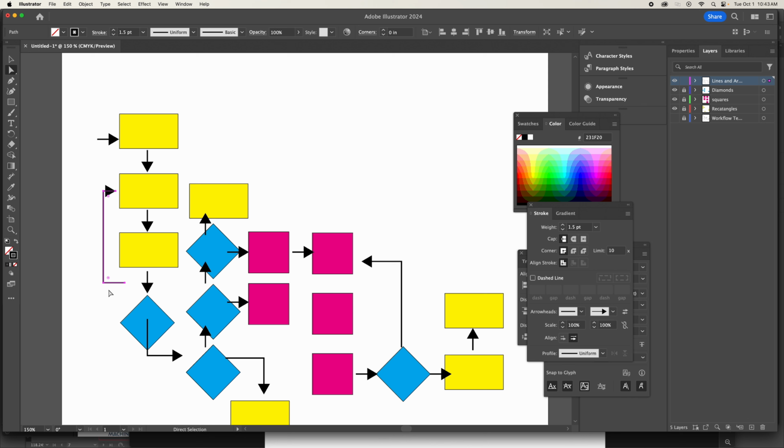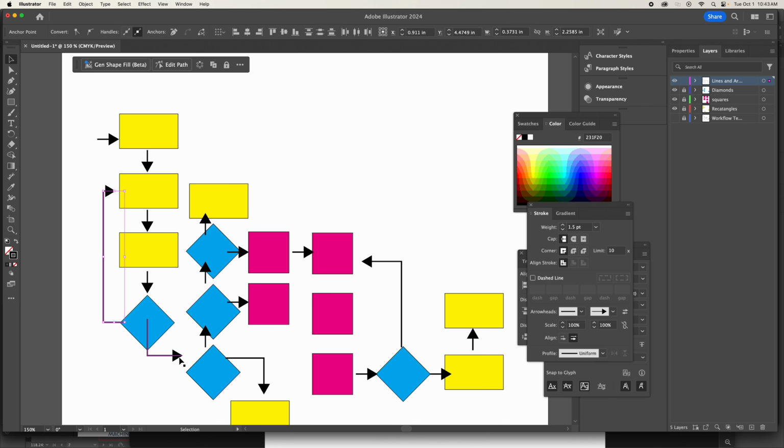I'm gonna take the direct selection tool and I am gonna highlight this too. Notice these are white, these are fill. I'm gonna take my shift key and then undo my shift key. Every time you hold the shift key, it jumps down 10 points, 10 pixels. Now I'm gonna take this one,